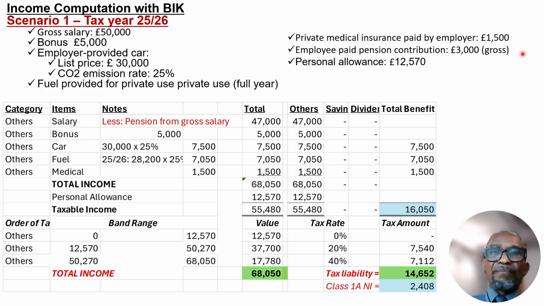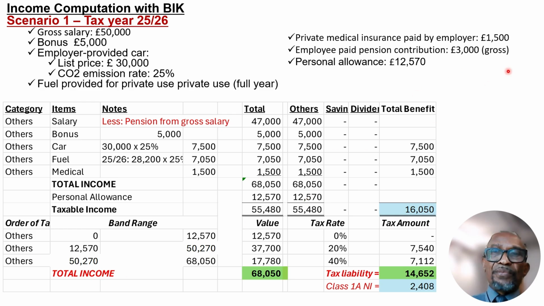Employee, you paid a pension contribution of 3,000 gross. Your personal allowance for that particular year is 12,570. Looking at the gross, we assume here that this gross pension contribution is deducted from your gross salary before you pay tax, before tax is calculated. The reason for this is